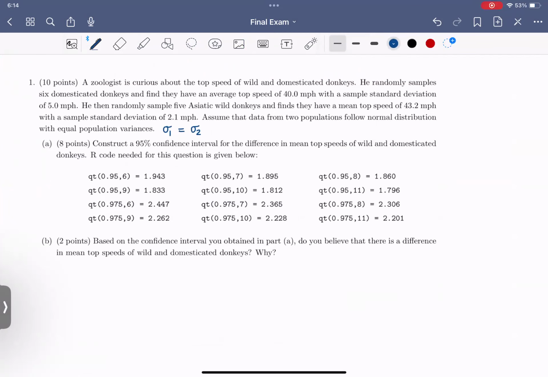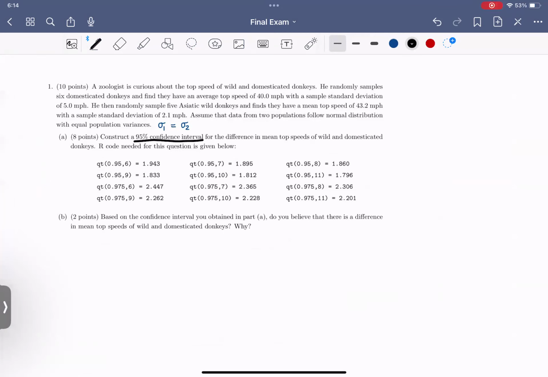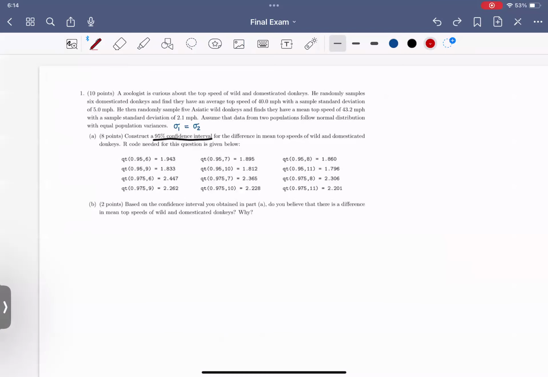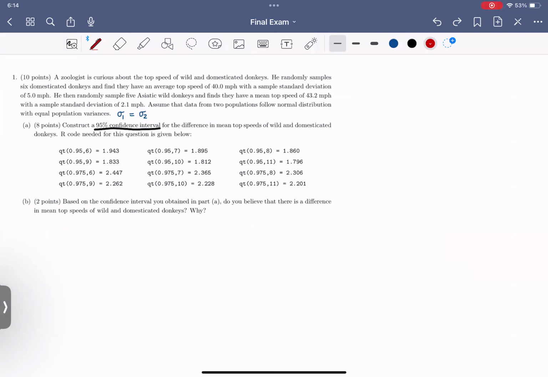All right, let's see. First of all, you want a 95% confidence interval. So if you don't know the formula, you can go back and take a look at how we built the formula of the confidence interval. But this time, you can summarize everything first. So you have two samples. You want to know the difference in mean top speed for wild and domesticated donkeys. So you're gonna use the wild donkeys as group number one and